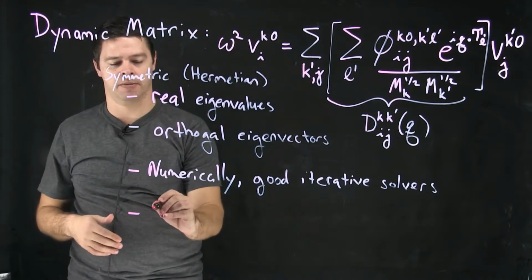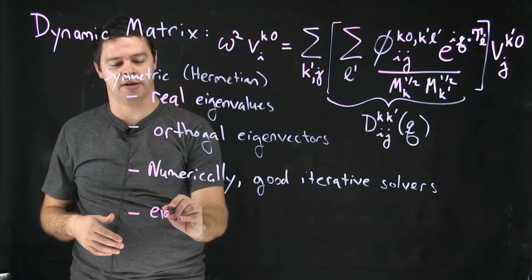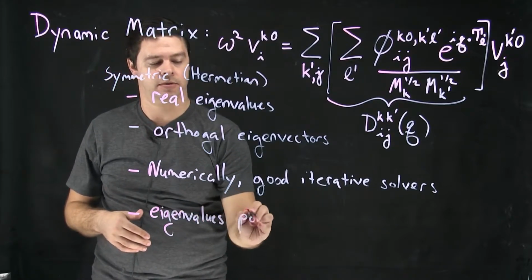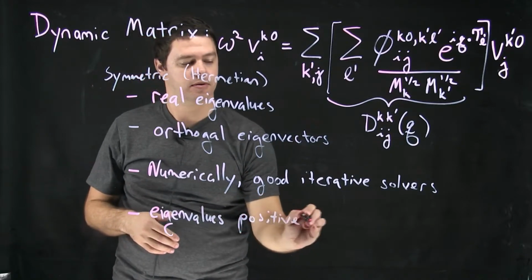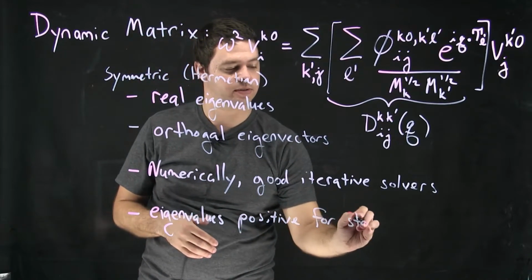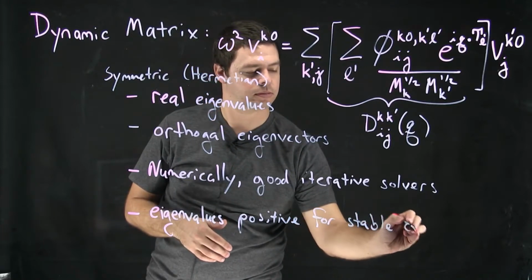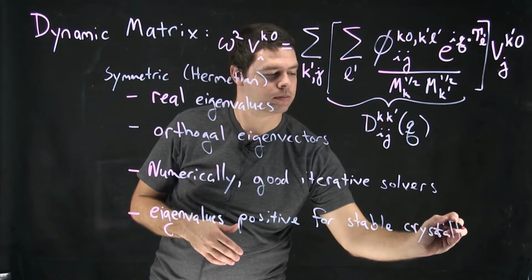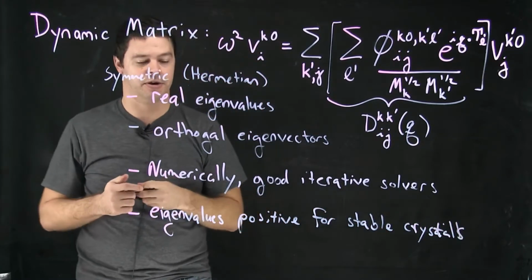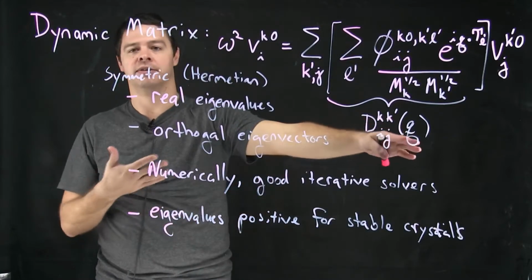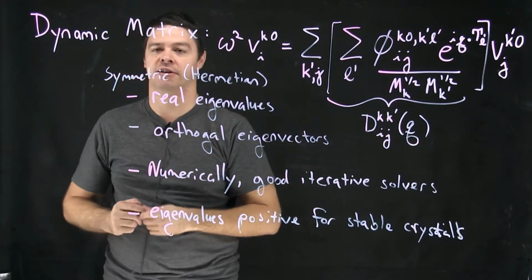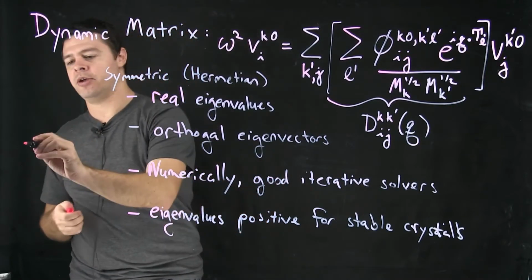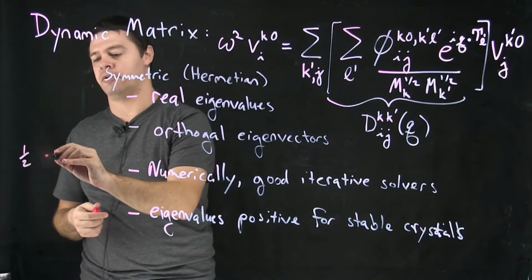I mentioned this, but the eigenvalues actually turn out to be positive for stable crystals. In other words, since these are positive, another way of saying that is that this matrix always has to turn out to be positive definite. Why is that? Well, it comes from what we had written. I'm not going to write out the whole term because I'm sure I'll get it wrong, but